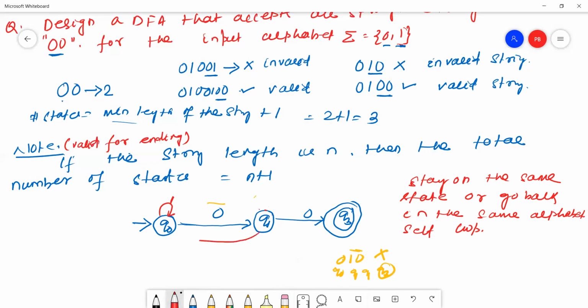So I go back to the state. This is 1. So Q0 reads 0 and 1. Next, Q3. Q3 will read 0 and 1. Okay, check for the first one. Means the first alphabet is 0.